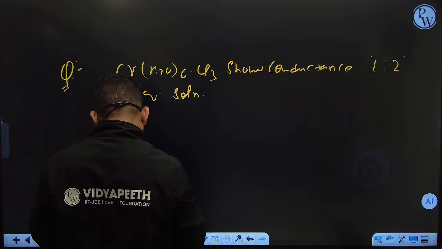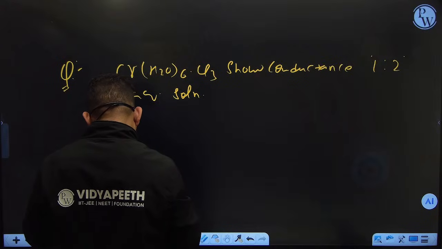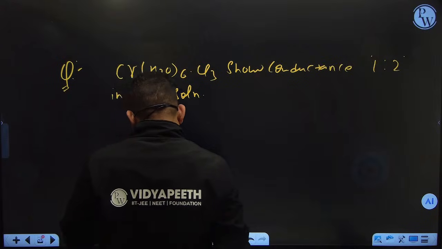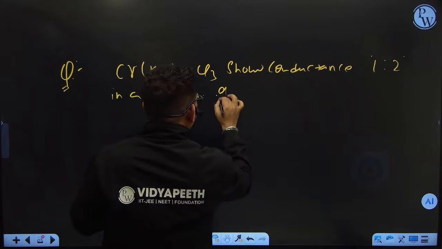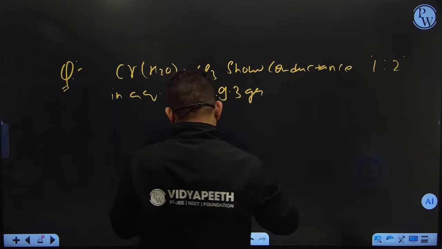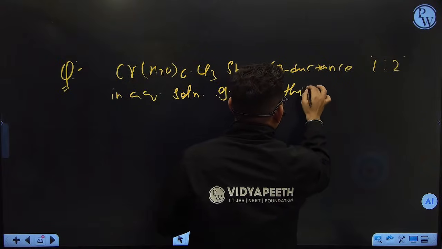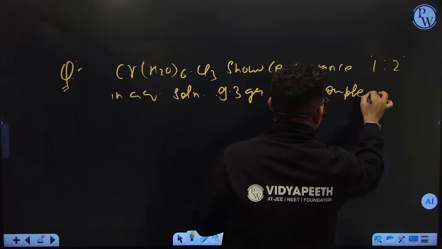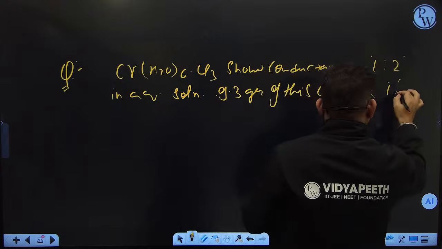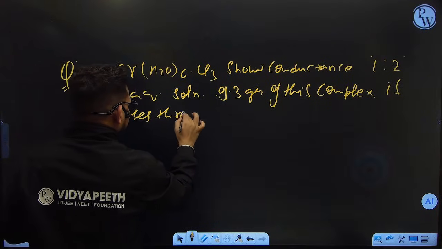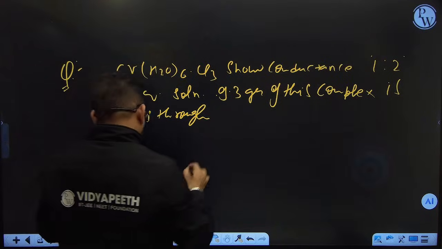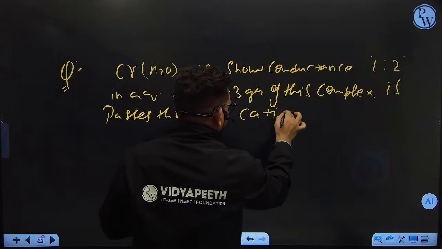Let's see. Yes, in aqueous solution, then 9.3 gram of this complex is passed through a cation exchanger,